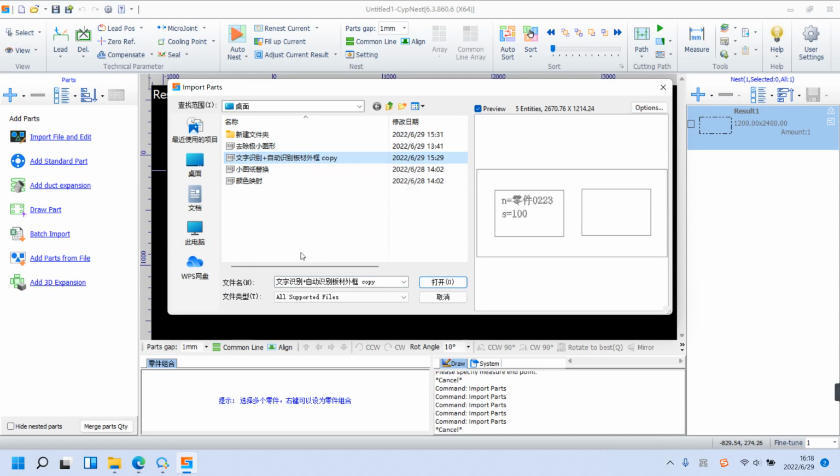The inside text identification. First of all, input the text N equals part 0223 and S equals 100. N represents the part's name and S is the part's number. Input the information when we draw the figures. And then we get